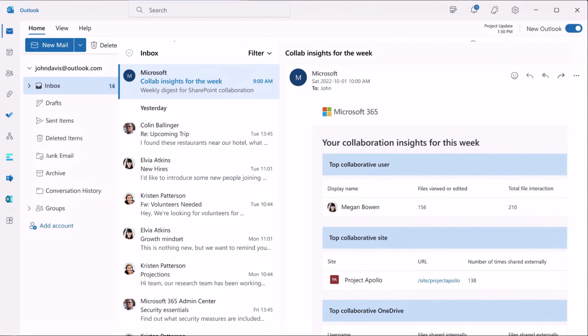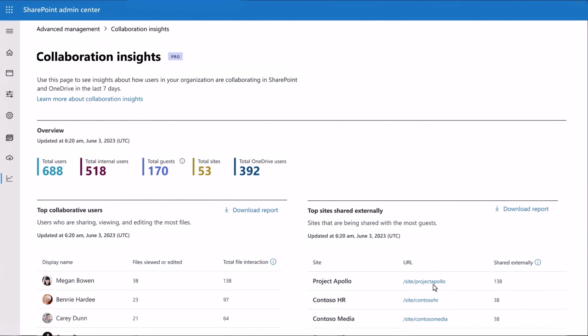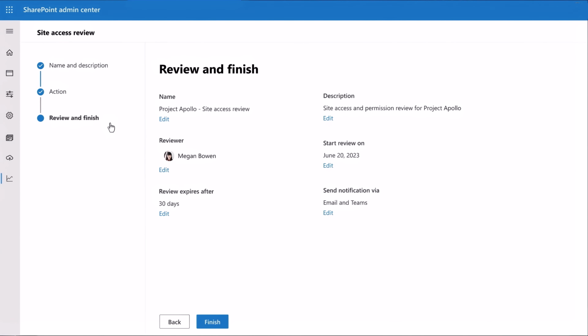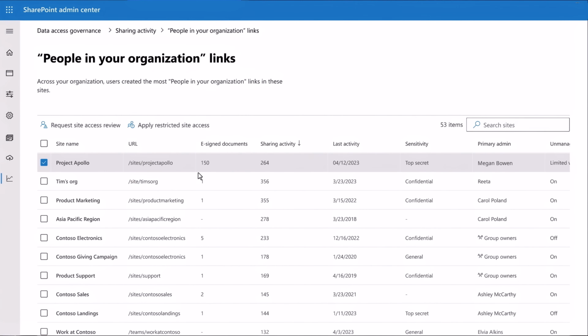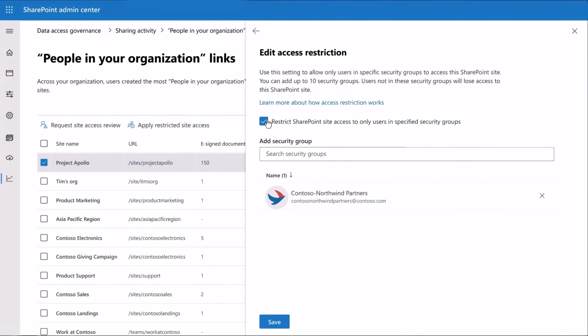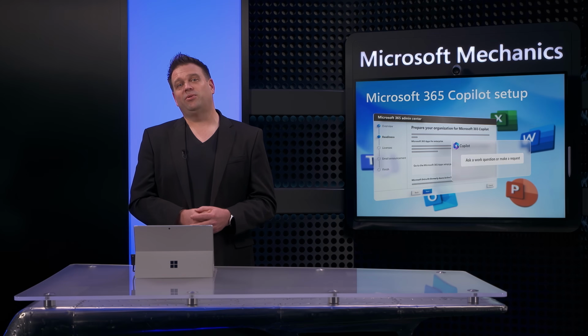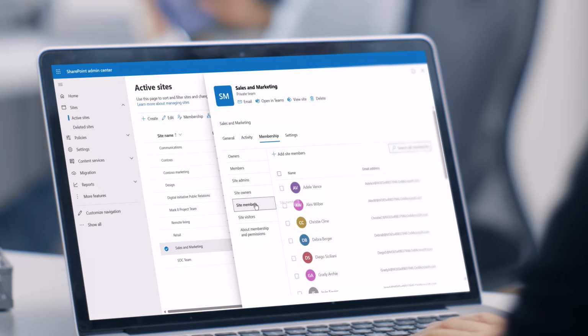To help automate this process even more, Microsoft Syntex provides advanced management capabilities to help find potential oversharing with your SharePoint and Microsoft Teams files, then put controls in place like requiring site access reviews by site owners or restricting access to defined security groups from one central place. These are just a few options, and once you have the controls in place, you can validate your access using